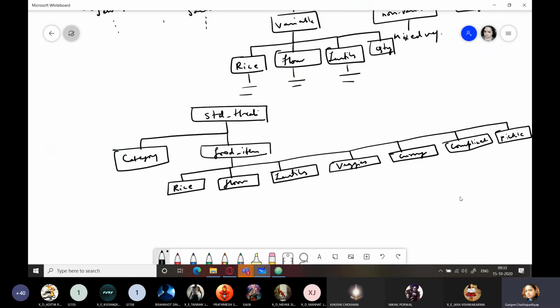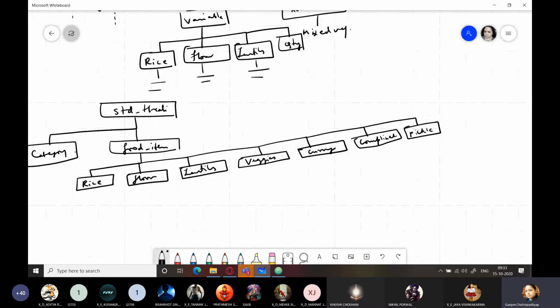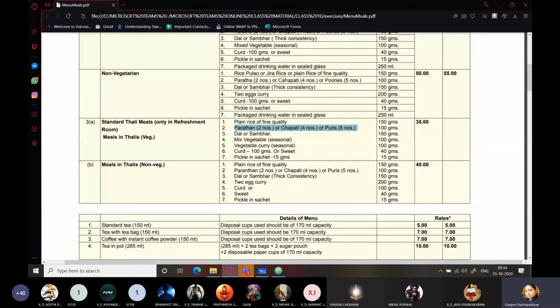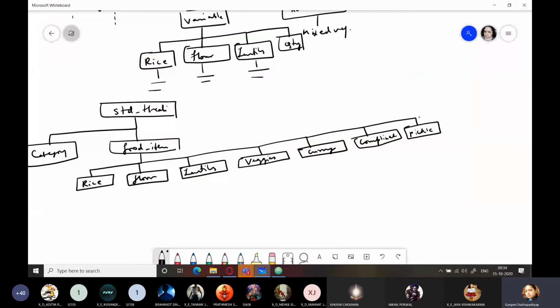What do you think of this? This way it's not very complicated also, and I can also make different variations under each of these categories, because this is something which is fixed by IRCTC. Okay, and along with this I can also provide the quantity of each.